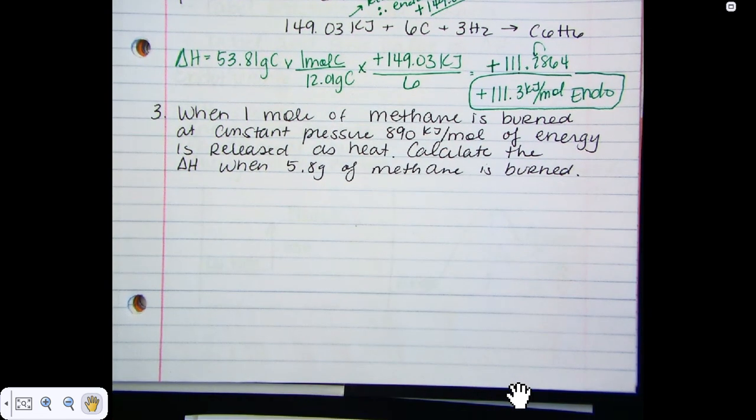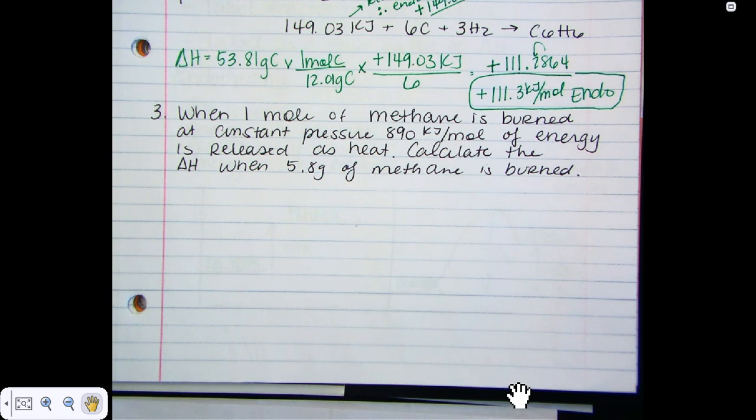When 1 mole of methane is burned at constant pressure, 890 kilojoules per mole of energy is released as heat. Calculate the delta H when 5.8 grams of methane are burned. Well, what's different here? Oh, there's not a balanced equation. Well, the way that this question is worded actually means that you don't need that. It's giving you all the information that you would need in a balanced equation